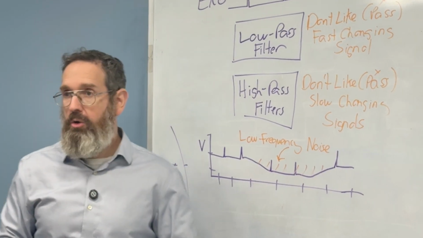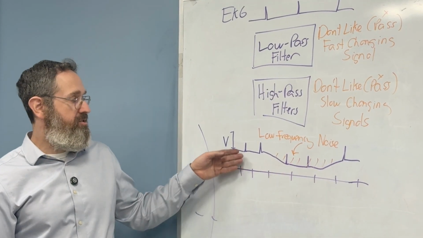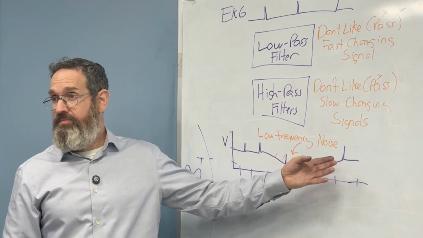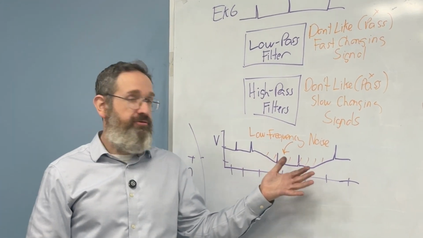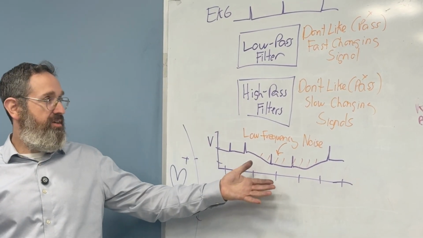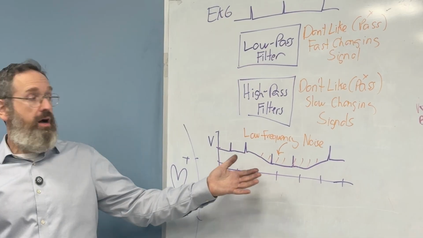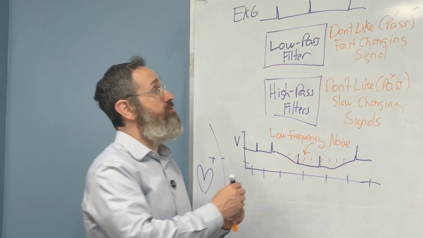Well, it's slow. And slow is low frequency, right? If this was a sinusoid, it'd be a very slow one. Without doing any Fourier transform or sinusoidal steady state analysis, I know that if I want to go from here back to my original signal,